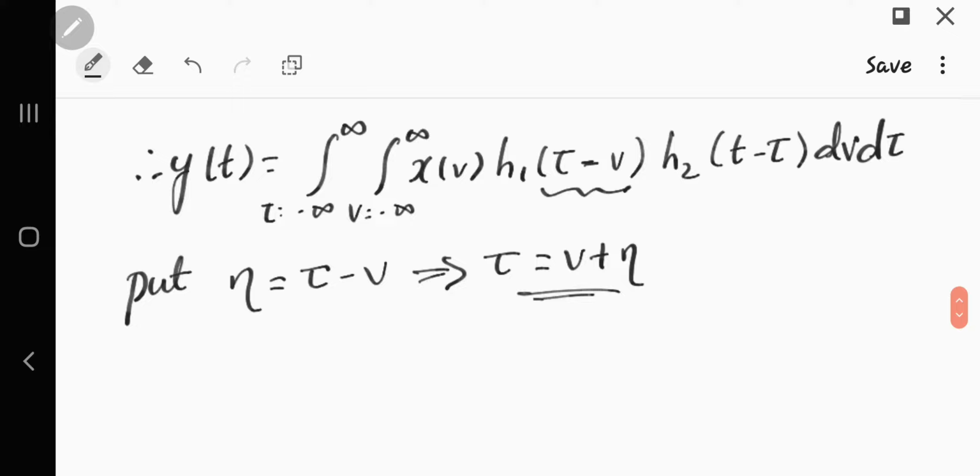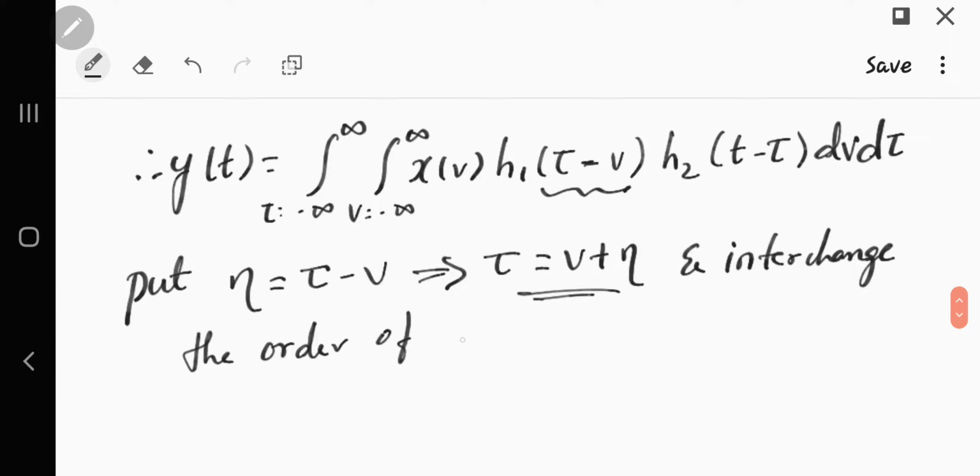Now what happens here, if you observe, I am replacing tau minus v with eta, so tau will be written as v plus eta, and I want to interchange the order of integration. This is the same thing we did in the convolution integral derivation. So, interchange the order of integration. I will interchange this because with respect to eta, this x of v will become